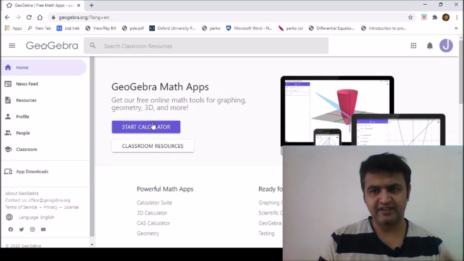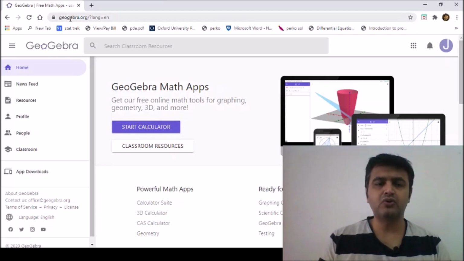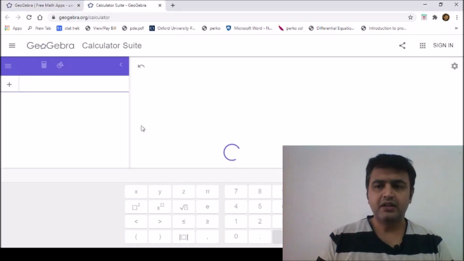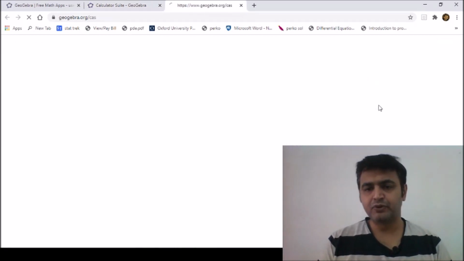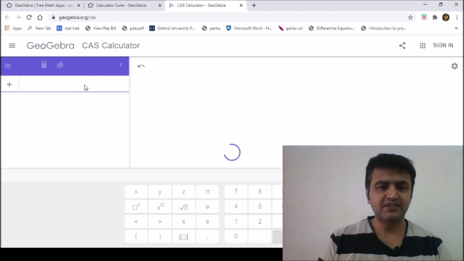You can install apps, they are available. Otherwise, if you simply go to Google and type GeoGebra, the site will open. Just click on Start Calculator, and then you can sign in if you wish. You just click on this square and we'll go to the CAS calculator, computer algebra system. And once you go to this CAS calculator,